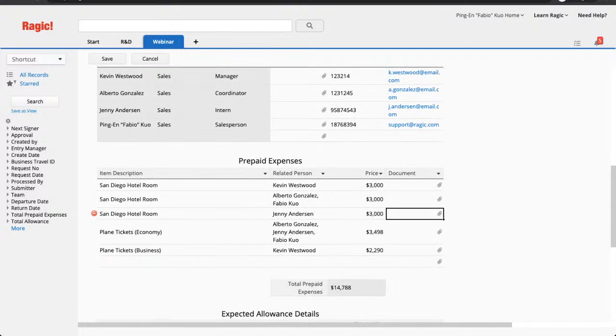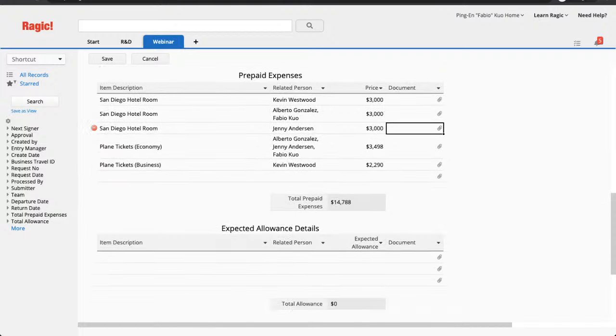And of course, there will be a lot of prepaid expenses that you need in a trip. I won't be listing a lot of them out, since there will also be different hotel rooms and different formatting of how you should enter your hotel rooms or transportation, etc. I'm just going to list some of them. Expected allowance details: car, on site,